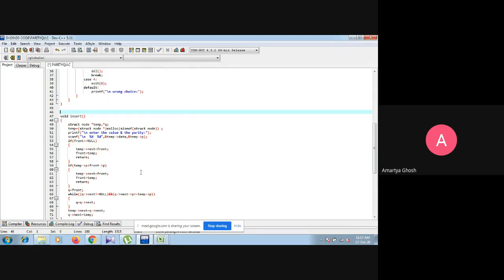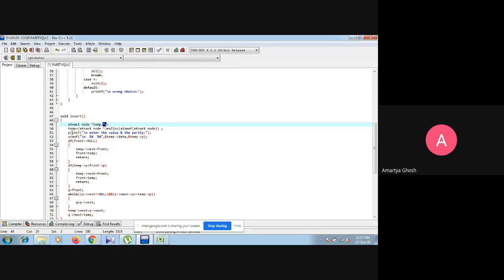A huge memory is there for insert, and at runtime we allocate the memory. So first of all, for memory allocation we need one pointer, that is temp. When malloc allocates the memory, it returns the base address of the block of memory and it is stored into the temp pointer. And the queue pointer is always used to visit or traverse throughout the list wherever we need to go.